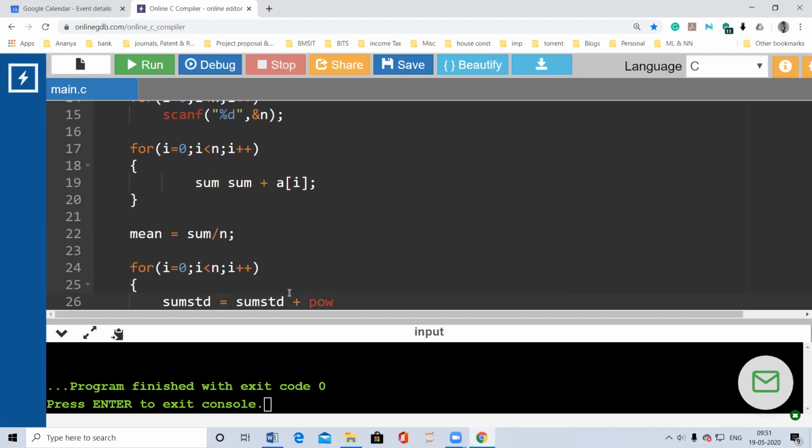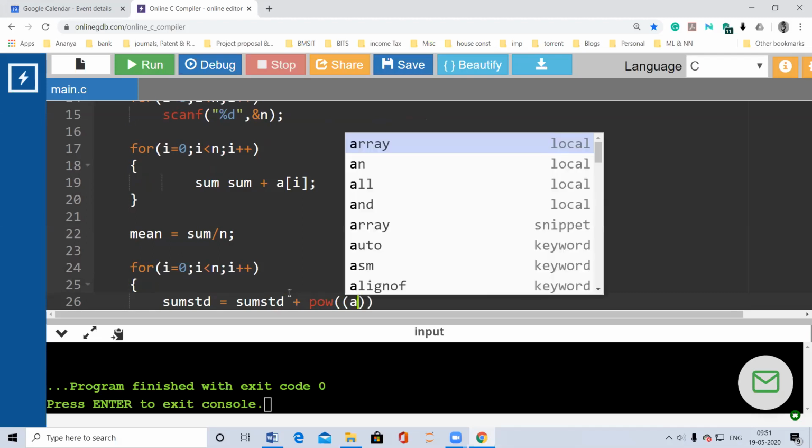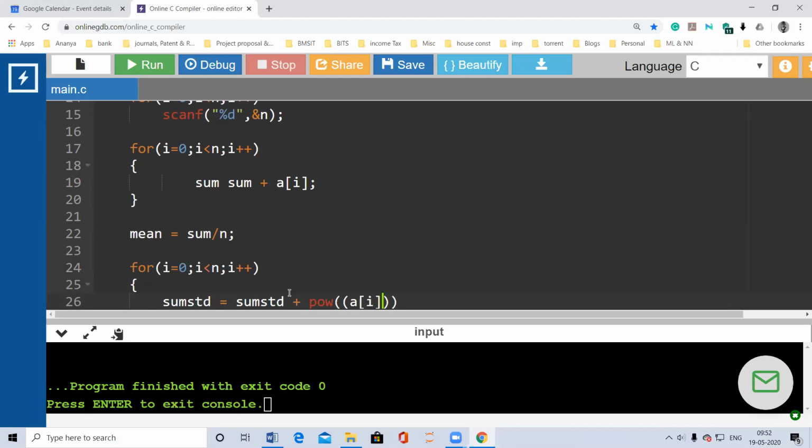So I will be using power. I am supposed to find out x of n, rather x minus mean to the power of 2, right? So to do that, I'll be using power of a of i, individual value, minus the mean, right, comma 2.